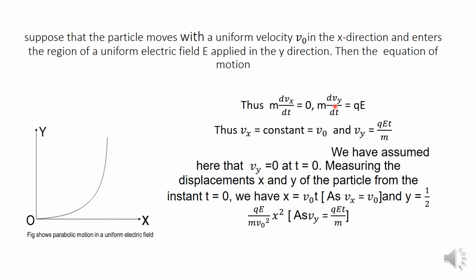and this comes from the fourth equation, m dv/dt = qE vector, as the E vector is along the y direction. That's why m dvy/dt = qE and m dvx/dt = 0. If we solve these two equations, from m dvx/dt = 0 we find vx = constant, say v0, and vy = qEt/m. We find this after integrating, that is vy = qEt/m.